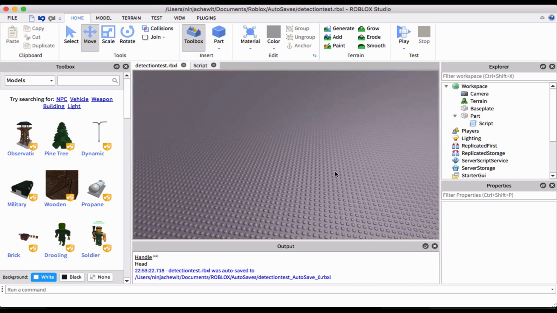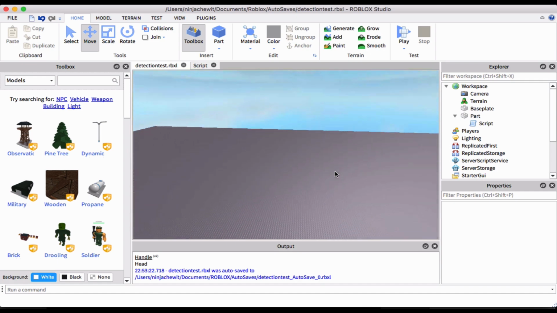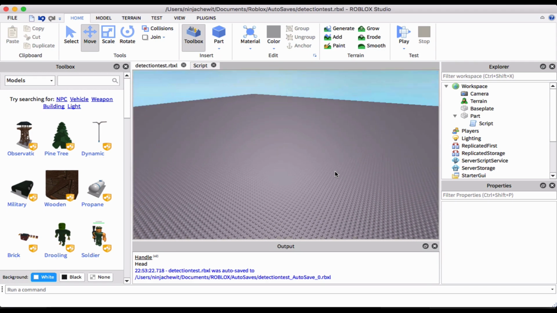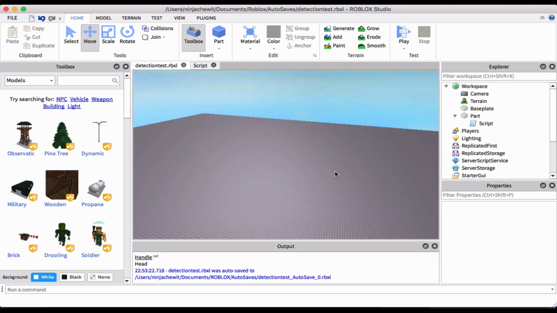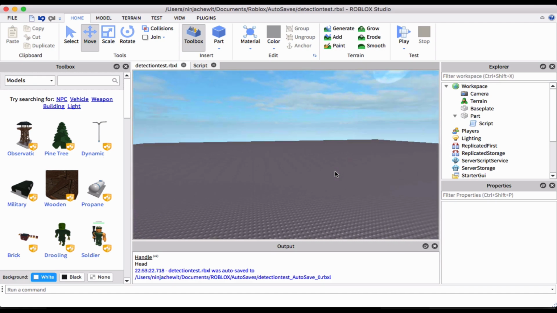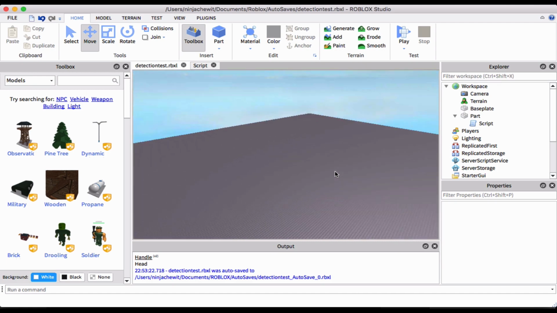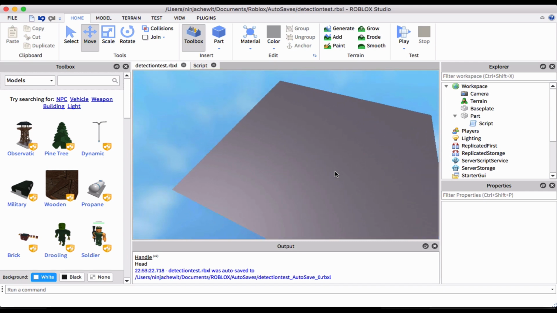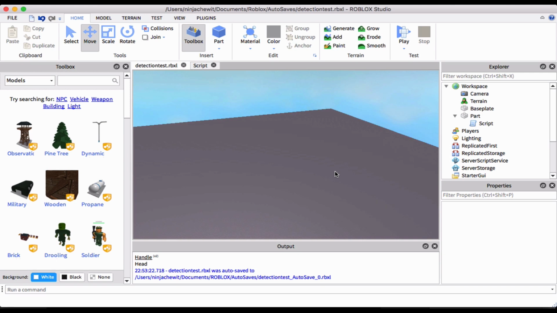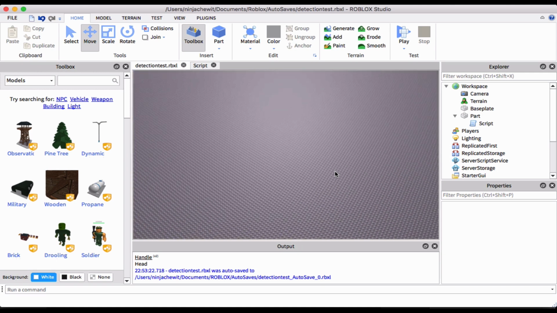To make detection scripts and how to know when a brick has either touched a player or when it's touched another brick. And there are a few concepts, really rookie mistakes, that a lot of people, including myself, have made when first experiencing and testing out detection scripts, because I remember when I first started scripting,